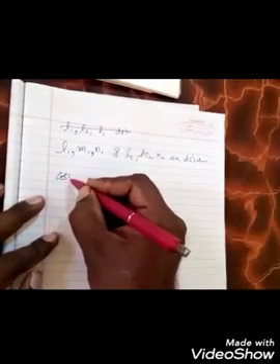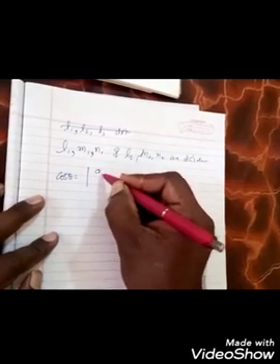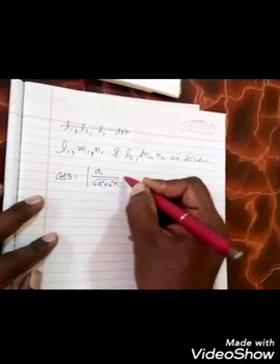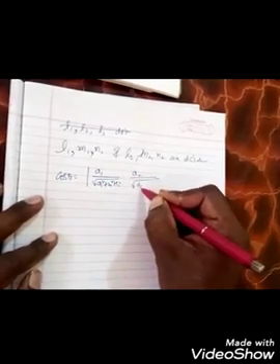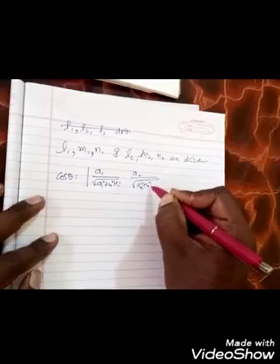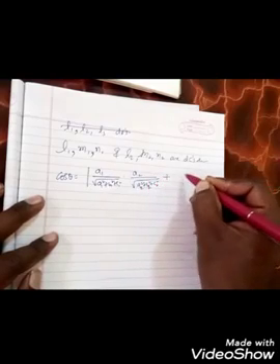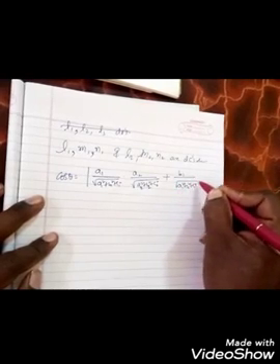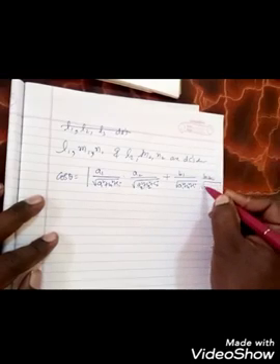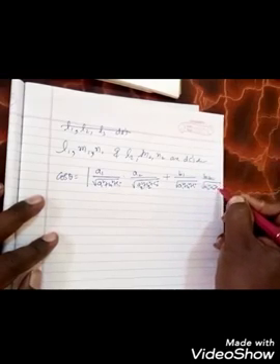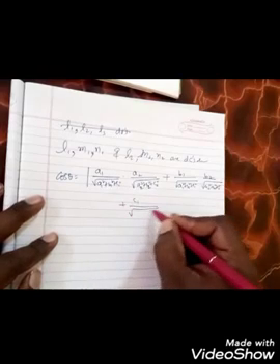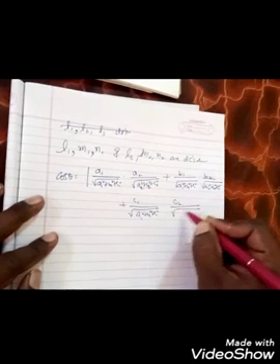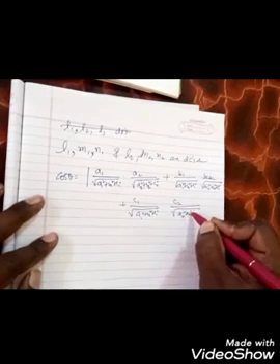Now, cos theta is equal to what do we have? Cos theta is equal to A1 A2, no? That's why I am writing A1 by root of A1 square plus B1 square plus C1 square into A2 by root of A2 square plus B2 square plus C2 square, plus B1 by root of A1 square plus B1 square plus C1 square into B2 by root of A2 square plus B2 square plus C2 square, plus C1 by root of A1 square plus B1 square plus C1 square into C2 by root of A2 square plus B2 square plus C2 square.